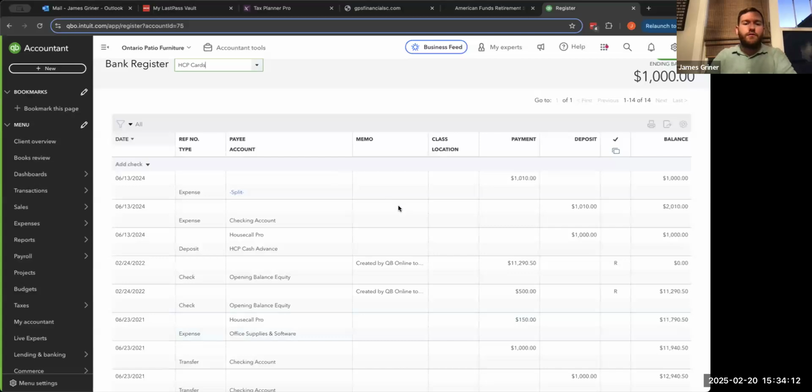AJ asks, can we touch on reconciling, specifically parent and child accounts, such as a debit card attached to a checking account or primary credit cards and authorized user cards? AJ, this is going to be kind of another loaded question